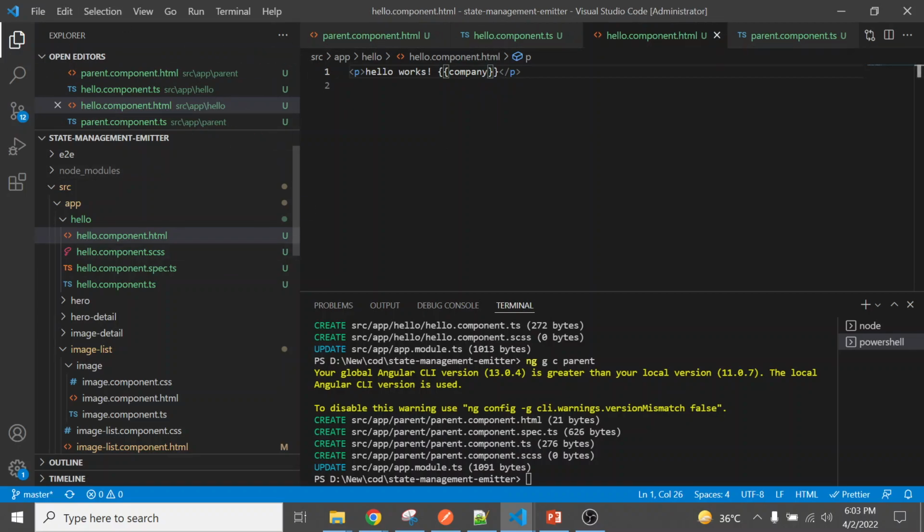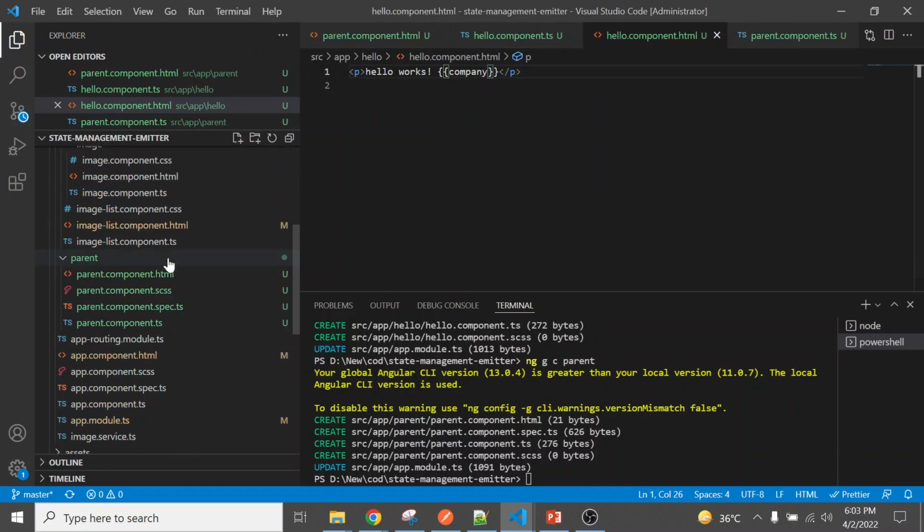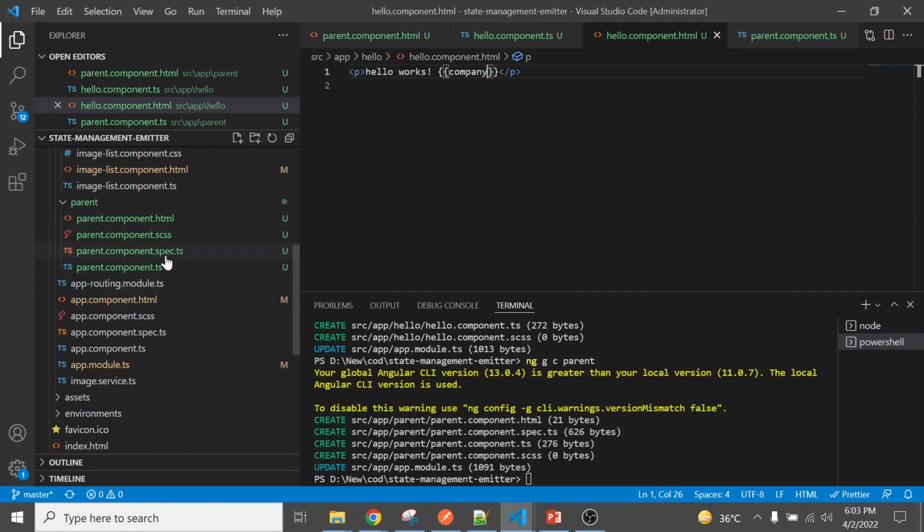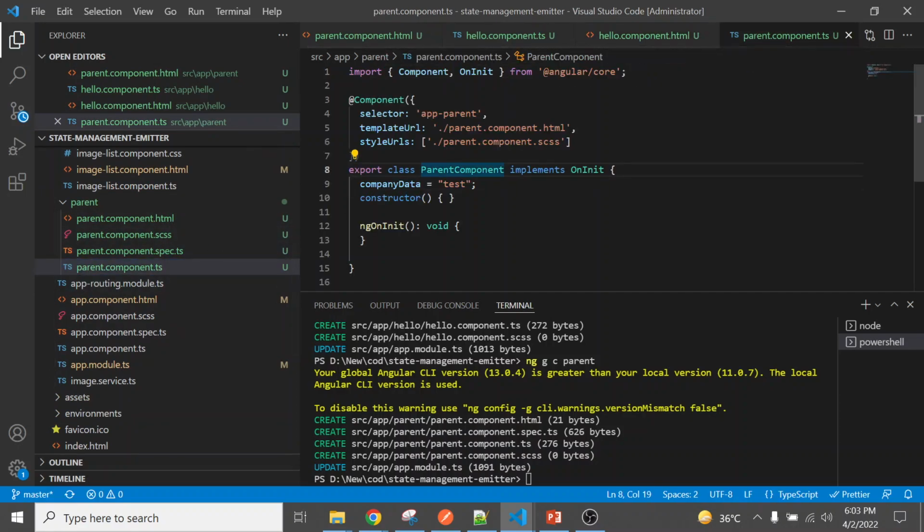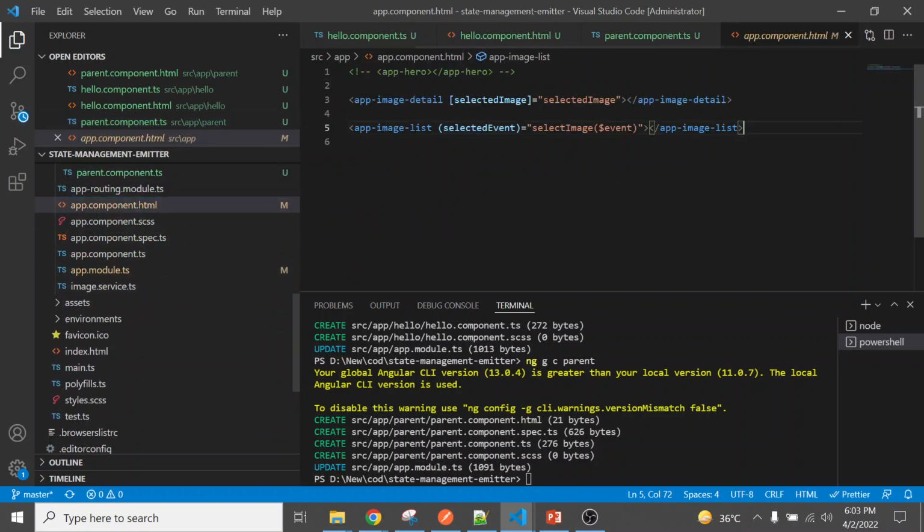Here we have passed data from this component to that component. Let me show you the parent component now, what it represents. Comment out all those things.